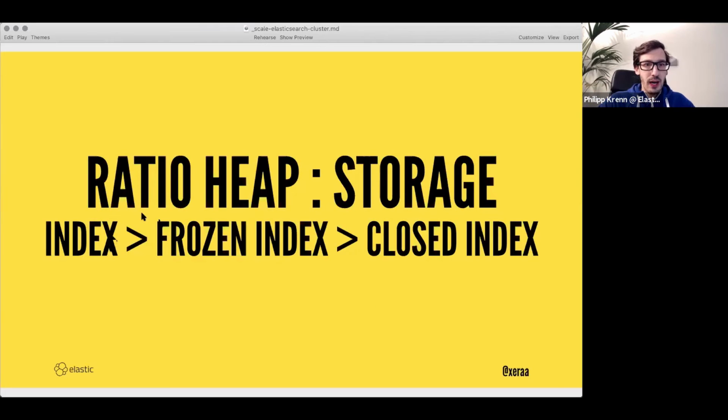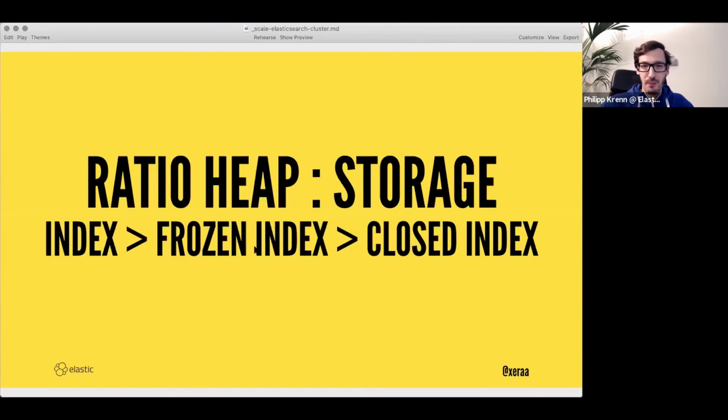You have a frozen index. A frozen index is like one that is almost not accessible, but it will be made accessible on demand. And then the closed index is something that is just sitting on disk and you cannot actively search it. You would need to explicitly open it. So it loads some data structures into memory, then you can search it again, and then you could close it manually again. A frozen index is kind of the middle ground between them. You can search it and it will be opened up on demand, searched, and then closed down more or less,